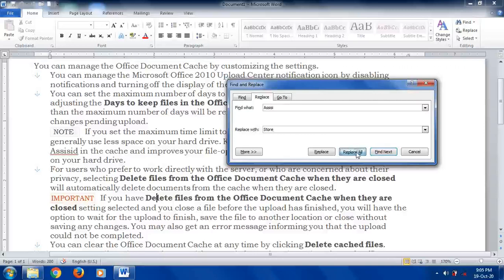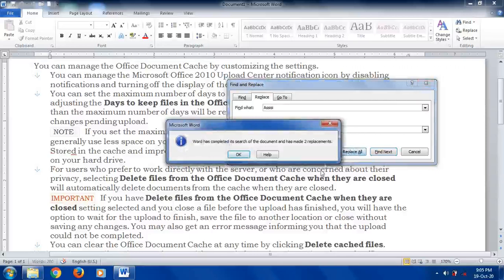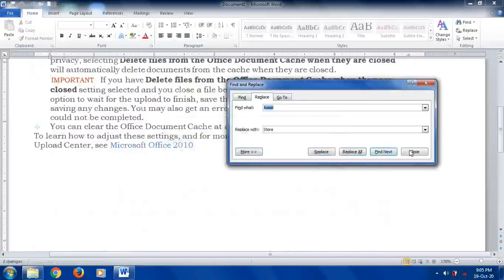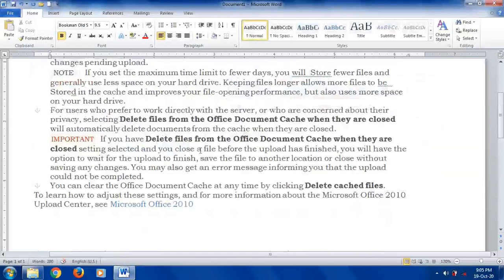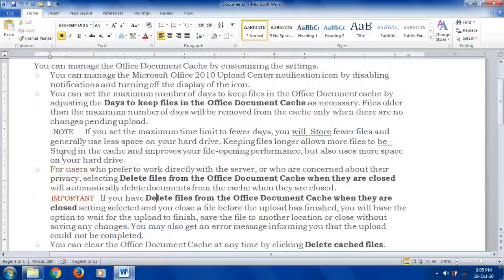Just click on replace all. So when you click on replace all, word got replaced in all the pages. See, okay, let us see whether it got replaced or not. No. Okay, sorry, it is replaced. You can see it, stored. So in this way you can use find and replace.